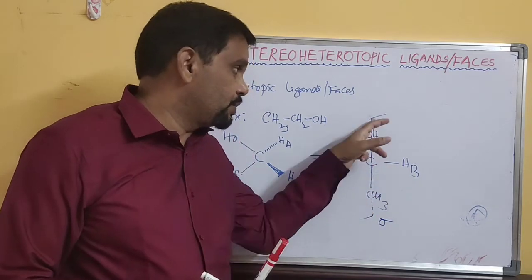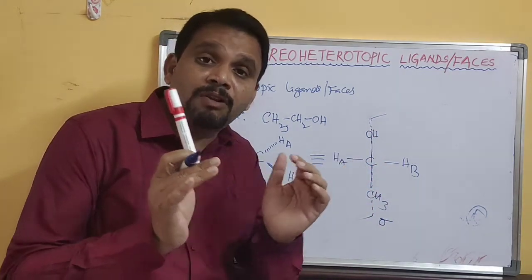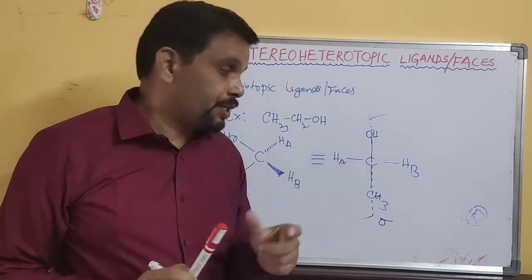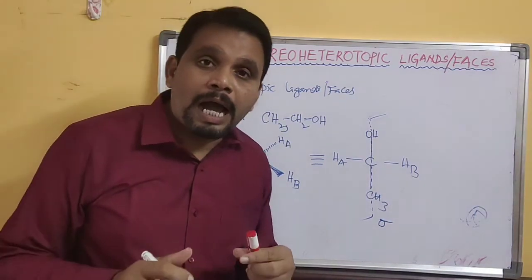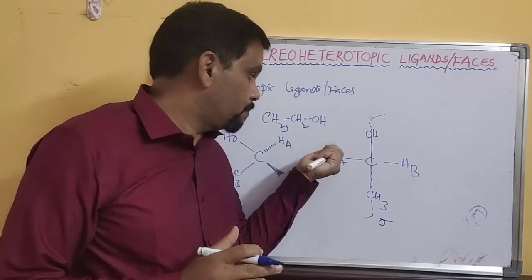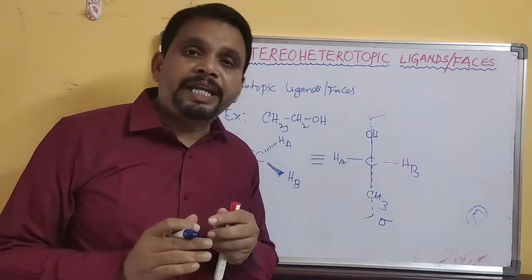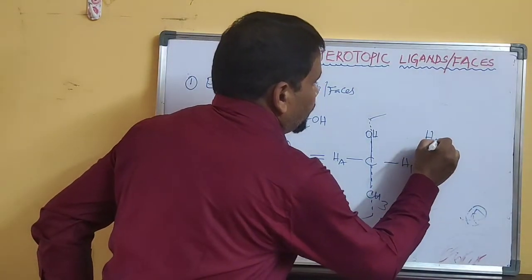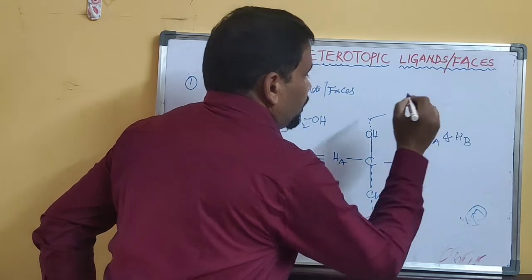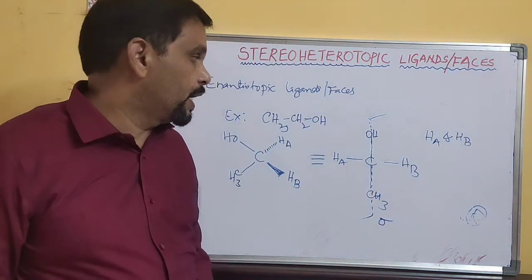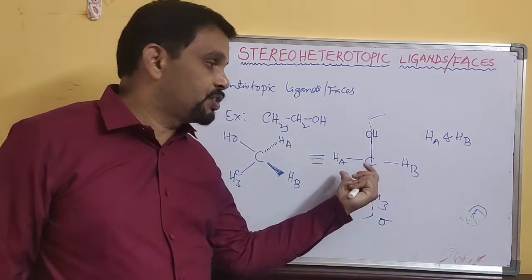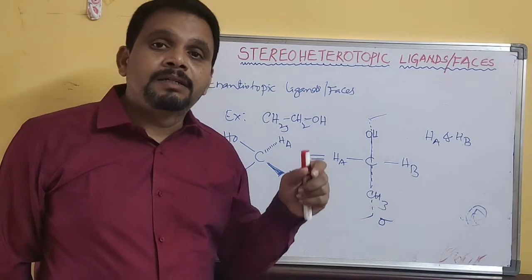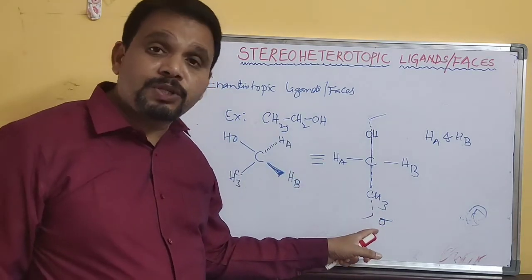As I gave the definition previously, if any groups or atoms here, HA and HB, are exchangeable or interconvertible by the help of a secondary kind of symmetry element like a plane of symmetry,